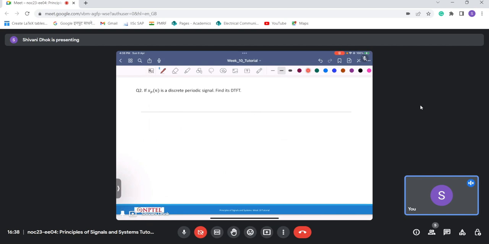Okay, now let us look at another example. So here what we have been given is xp of n is a discrete periodic signal and we need to find its DTFT. So before going for this question, let us solve a simple question which considers a periodic signal as an example. So the first signal that we are having is x[n] equal to cos of pi by 5 n and we need to find its DTFT. So we can write this as e power j pi by 5 n plus e power minus j pi by 5 n by 2, and we had seen that using this property